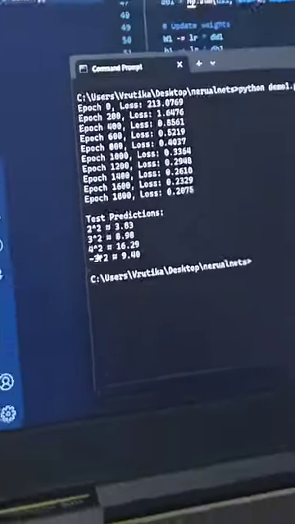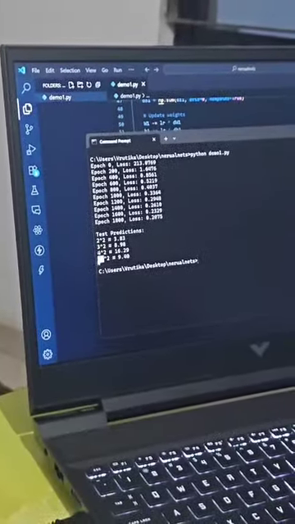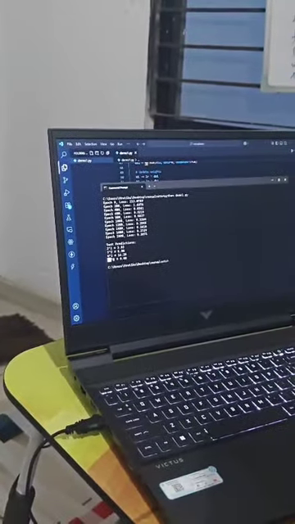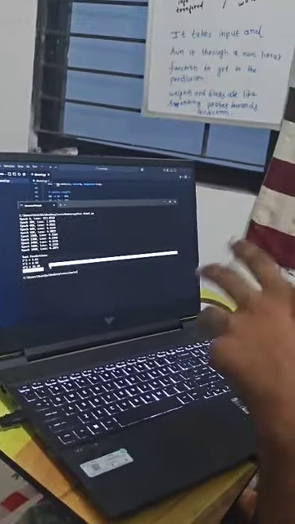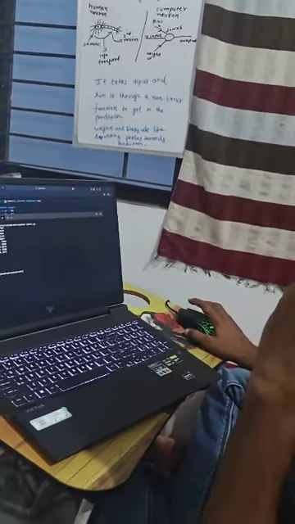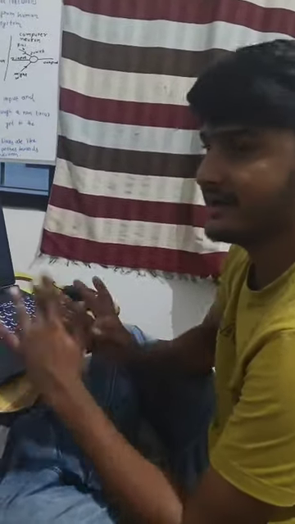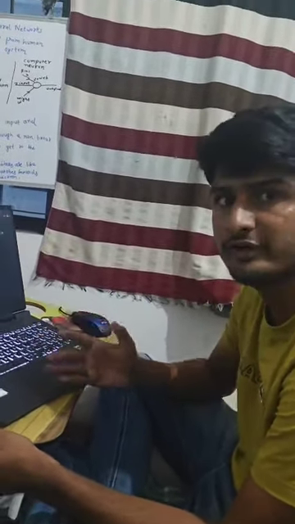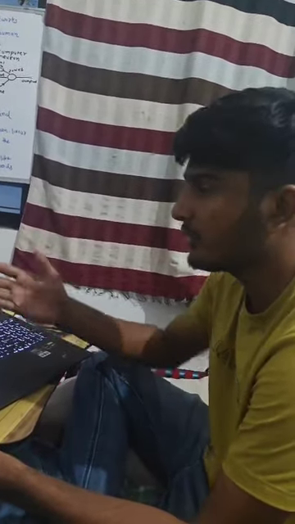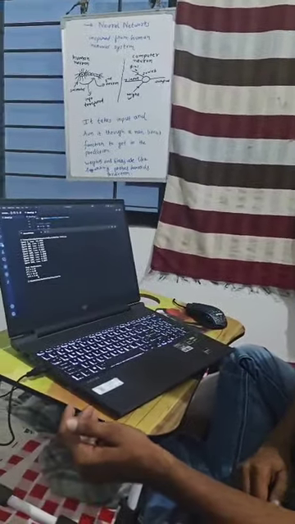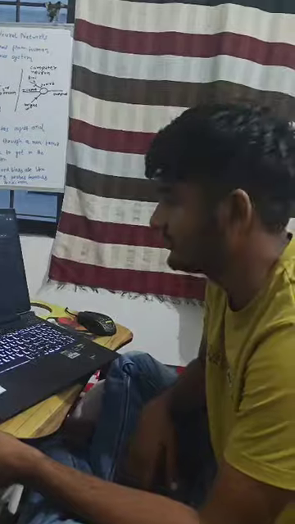So it understands by itself. It's Python, so it understands the minus value. When we square it, minus into minus becomes plus, so it gives the prediction as a positive number. So these are the closest values. We can get even closer values if we tweak the learning rate and the number of epochs. So this was the simple demonstration of neural